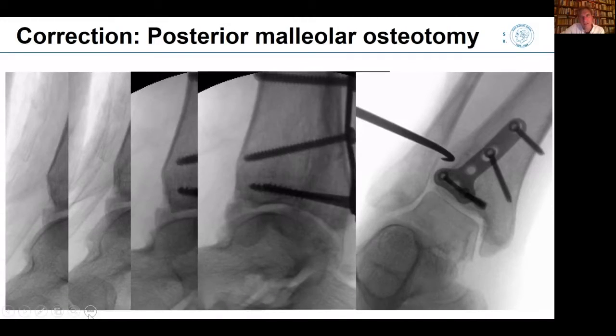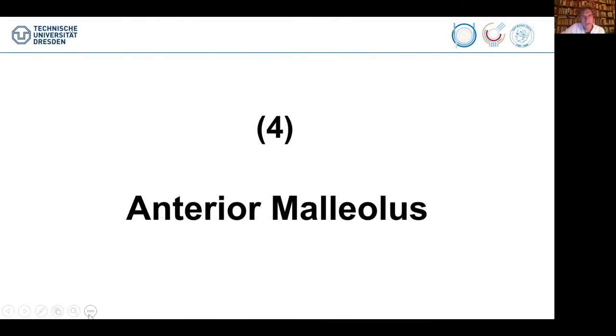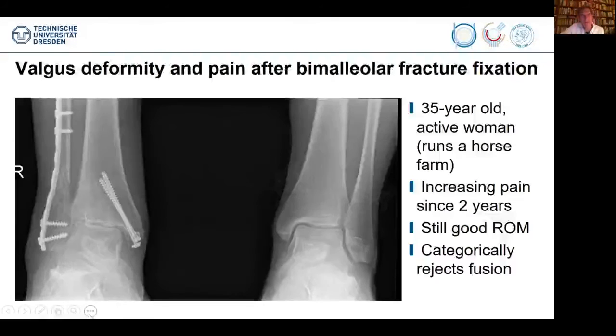And of course, it is stable because it's a large fragment that carries the posterior syndesmosis and the interosseous ligament. This patient too came from further away, but she kept sending me X-rays and was at that time absolutely pain-free. Now, of course, we have those anterior fragments, and as Nikos already showed, they can be smaller or larger syndesmotic avulsions, but they can be some kind of nasty fractures if they result from abduction injuries.